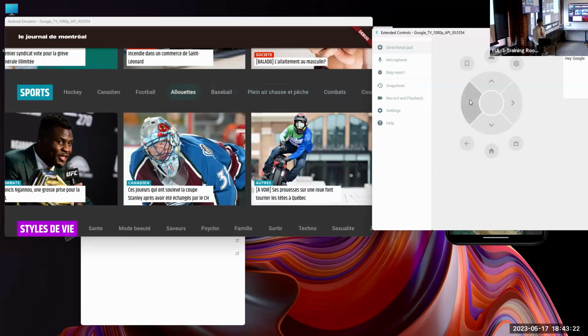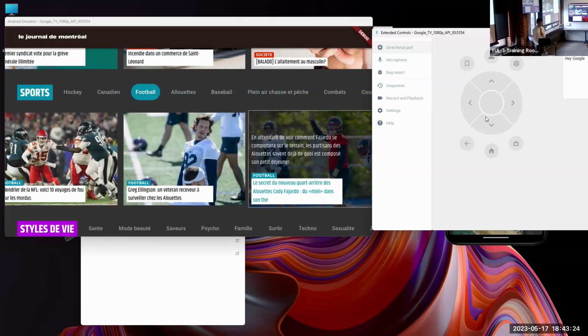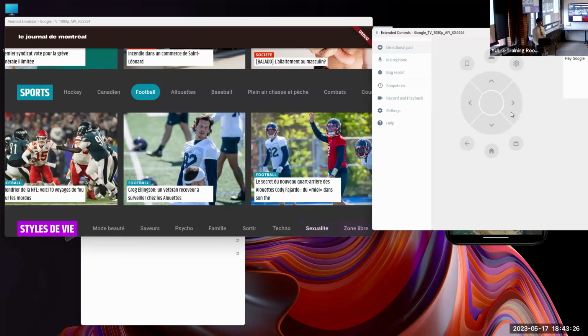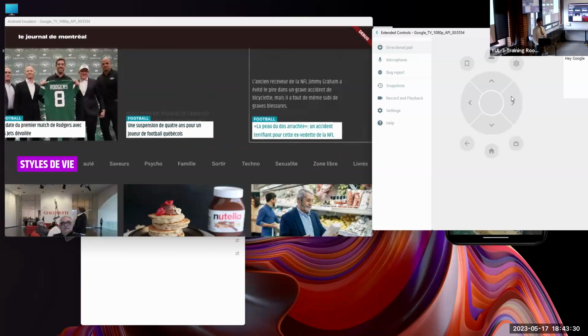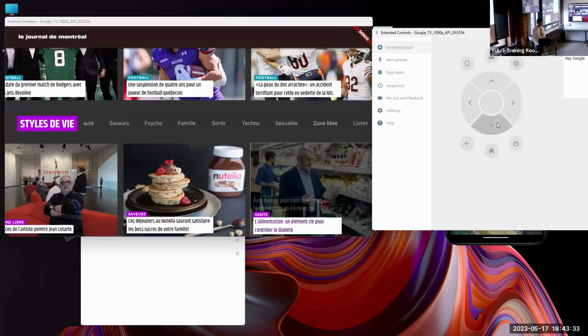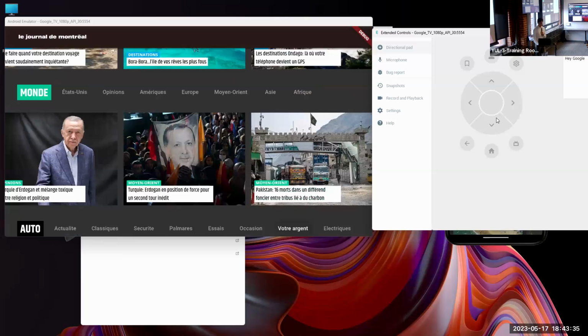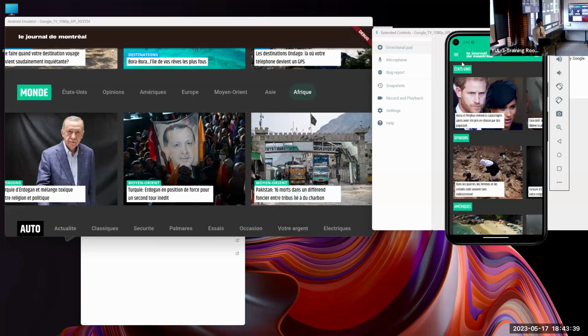You can, for example, go to football, select, and it will filter and show you all the football things. So you see there's a big difference between this design and this design. On the TV you don't have the drawer, so you have to think: okay, I have a menu, I have some subsections, how can I display it and how can it be easy to navigate inside?